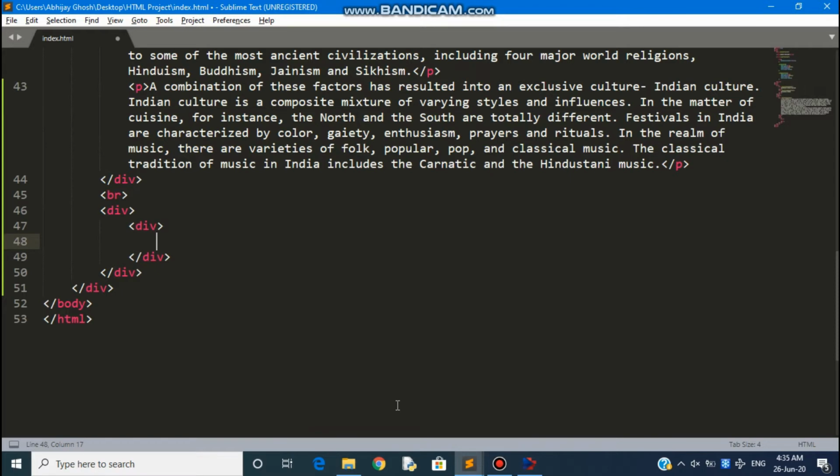Div tag 2.2 will contain internal links which will help us navigate to the main points of the blog we are going to discuss this time, which will be religious culture, festival, cuisine, and clothing.